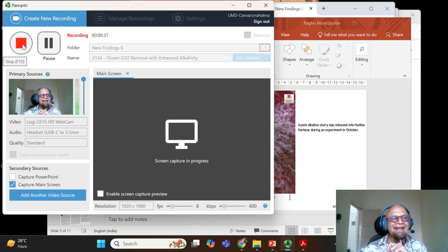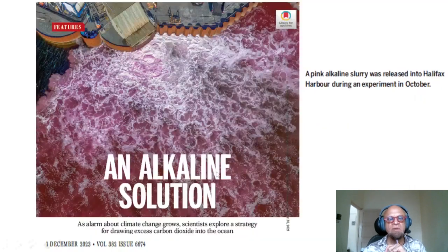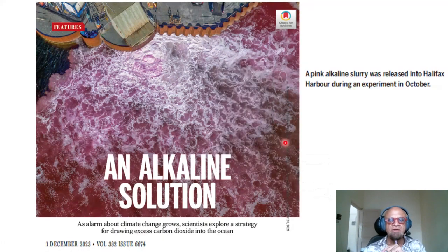Okay. Now that you know the unnecessary details, let's continue with the Ocean CDR, or Ocean CO2 Removal, carbon dioxide removal. This is kind of an opinion article, not opinion, but a research report rather than a research article. An article on an alkaline solution. As alarm about climate change grows, scientists explore a strategy for drawing excess carbon dioxide into the ocean. So here is a picture of a pink alkaline slurry that was released into the Halifax harbor during an experiment